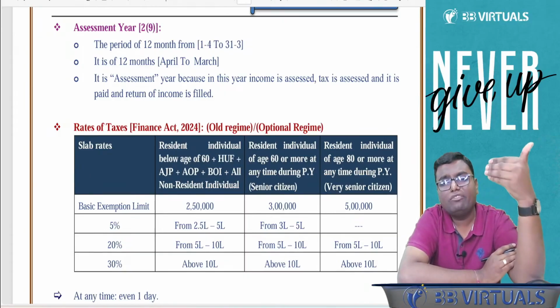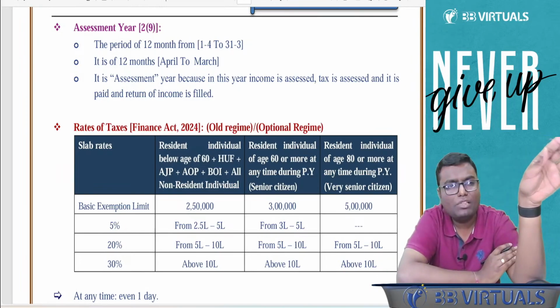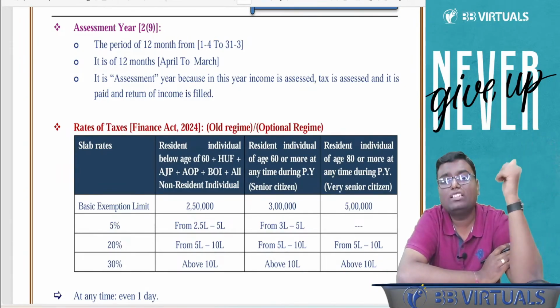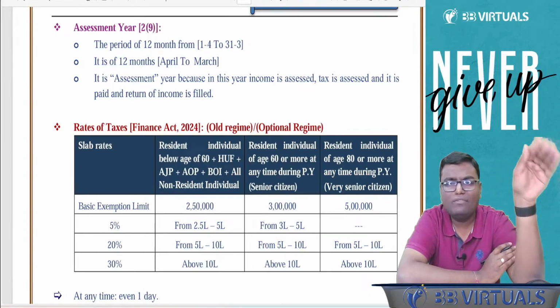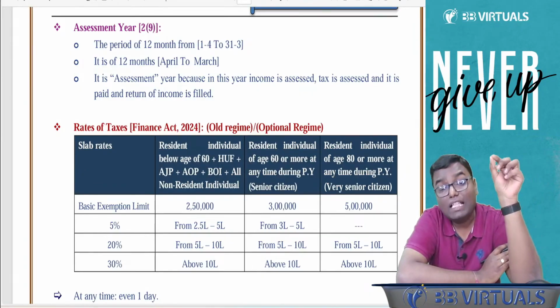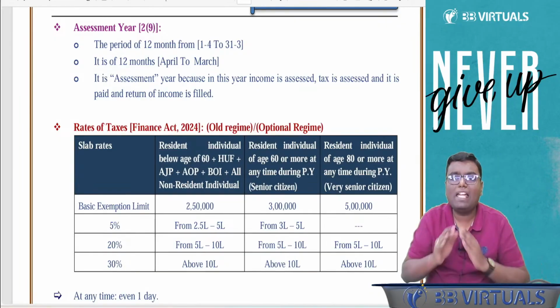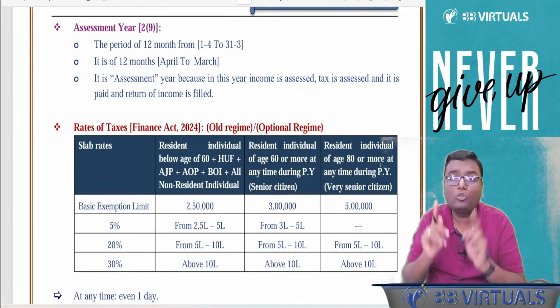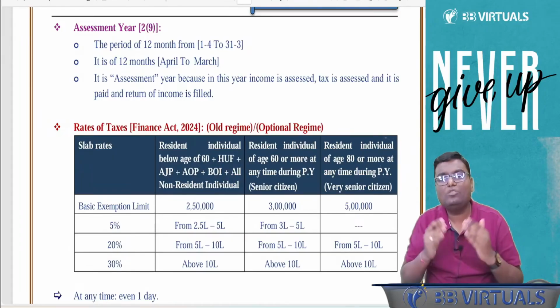Then we started with the very first section. That was Section 1, which says that the Income Tax Act is applicable to the whole of India, including Jammu and Kashmir, applicable from 1st April 1962. Then we saw the definition of India. Then Section 4, the charging section: income tax is payable by every person on his total income earned during the previous year, relevant to the assessment year,